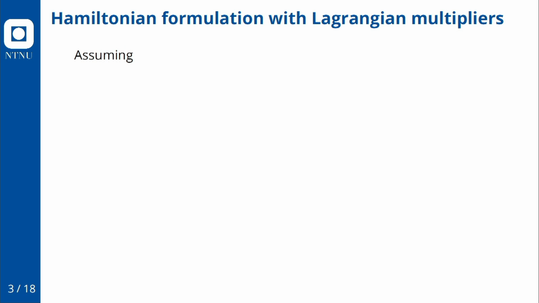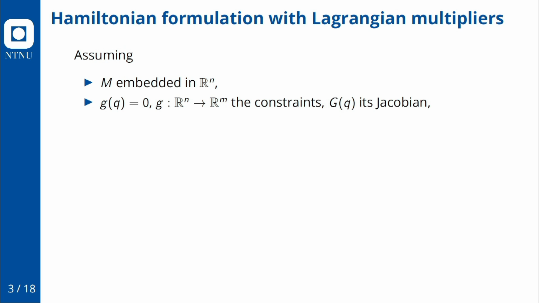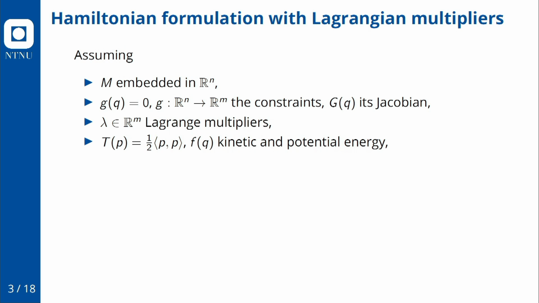The assumptions we are going to have are that the manifold is seen as embedded in a Euclidean space with some coordinates q, and we enforce q to satisfy some constraints so that the points belong to the manifold. You will see capital J later on, it's just the Jacobian of these constraints. Then we enforce these constraints via Lagrange multipliers, lambda. And we consider f,